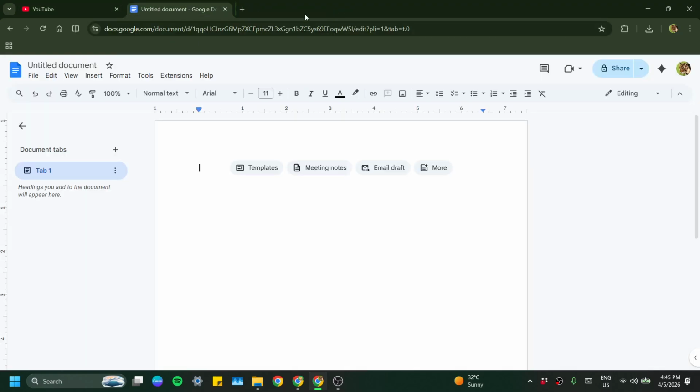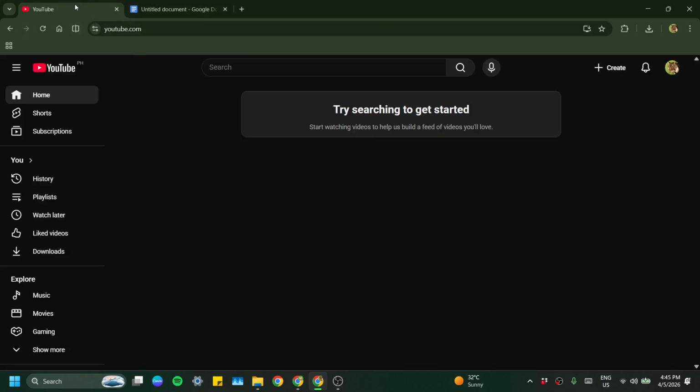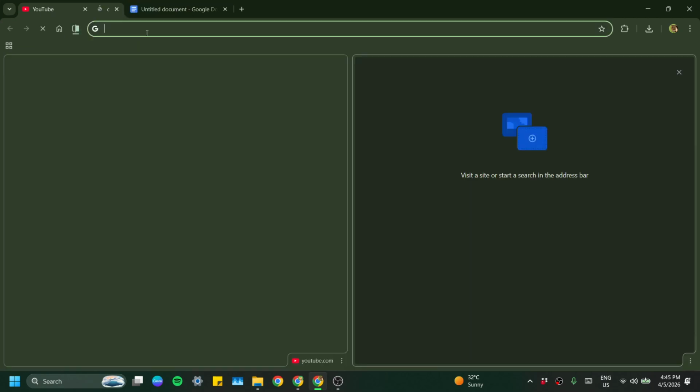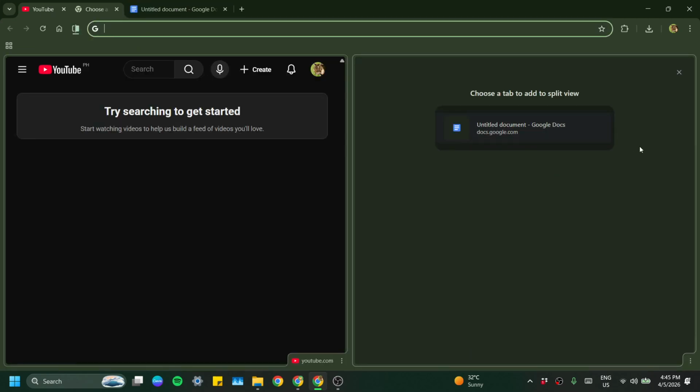Start by identifying the first tab you want to keep on screen. Look along the top of your Chrome window to find the tab strip, then right-click the tab's name. This opens a small menu with options specific to that tab. From that menu, choose Add Tab to New Split View. Chrome will immediately ask which side you want this page to occupy. Pick left or right, and the browser will snap that tab into place, creating a clean side-by-side layout within the